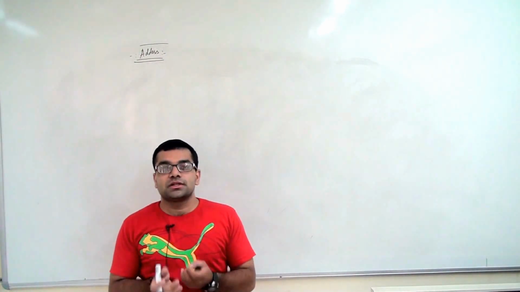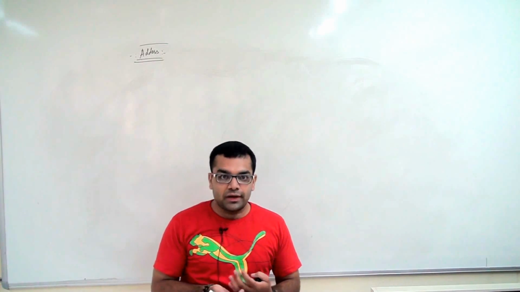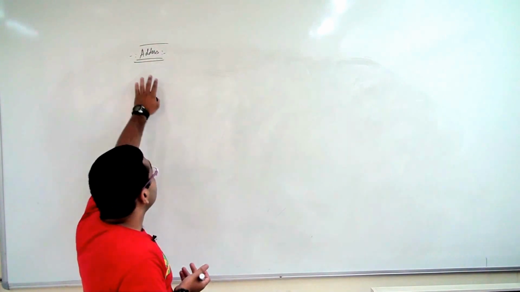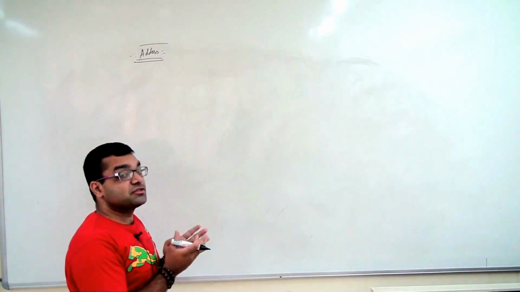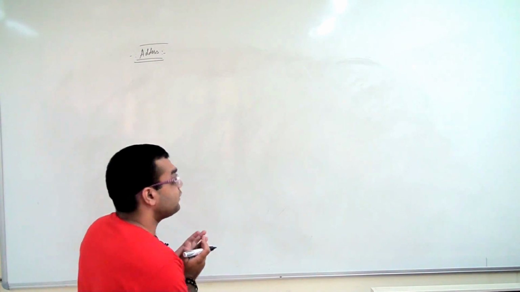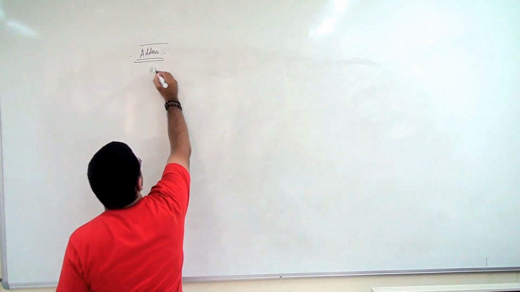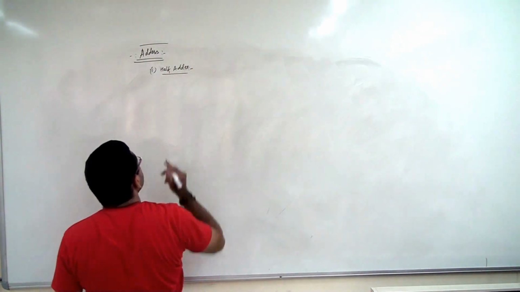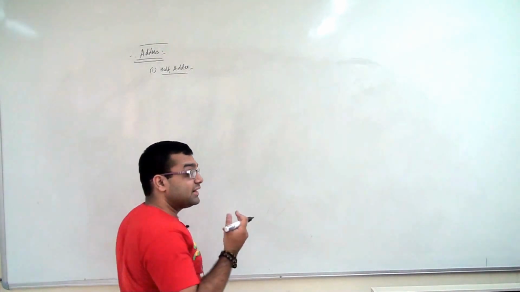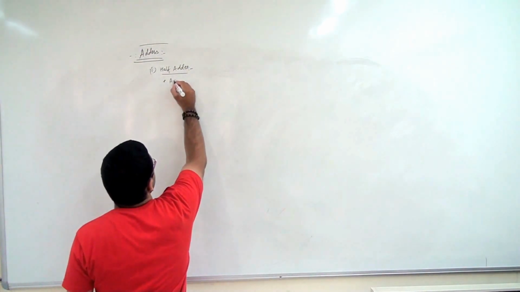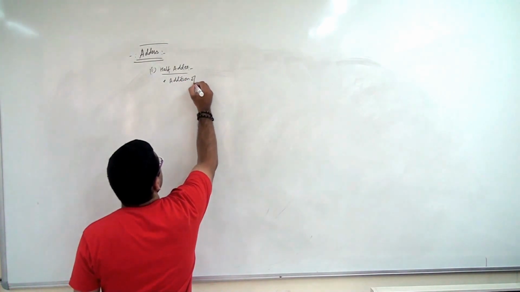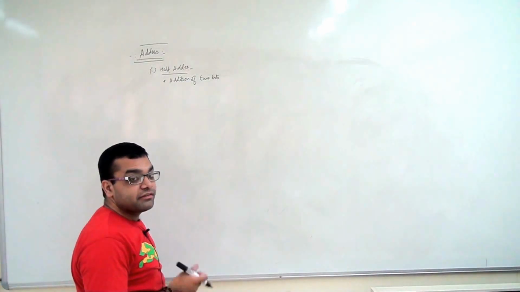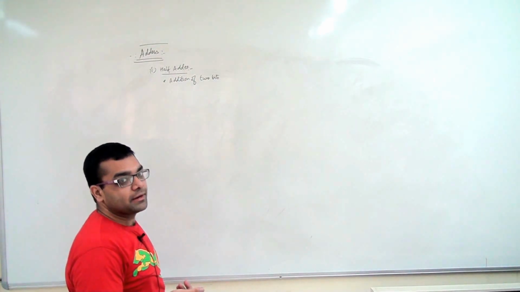Adders are basically those circuits that are used for performing addition. As the name suggests, there are different types of adders. They belong to the class of circuits called combinational circuits. Our first, basic adder is the half adder. Why is it called a half adder? A half adder is used for addition of 2 bits, not more than 2. If we add more than 2 bits, then we make use of what is called a full adder.